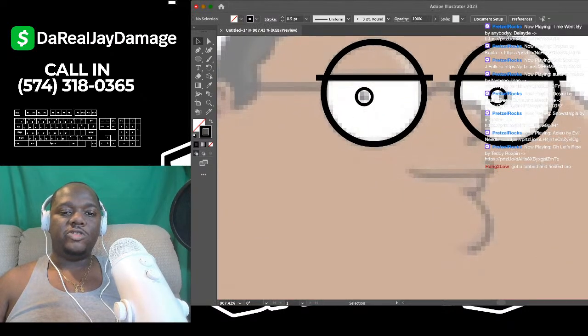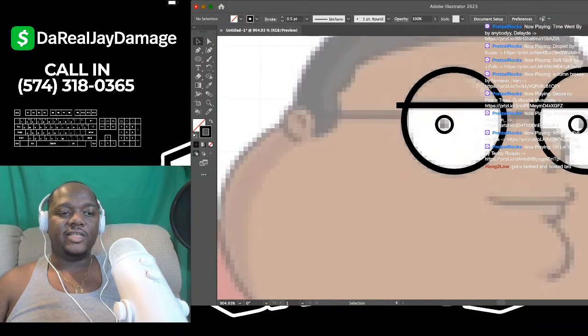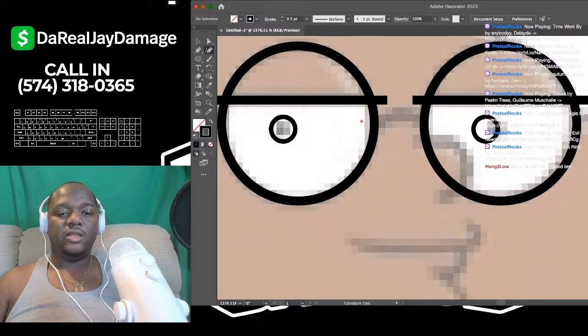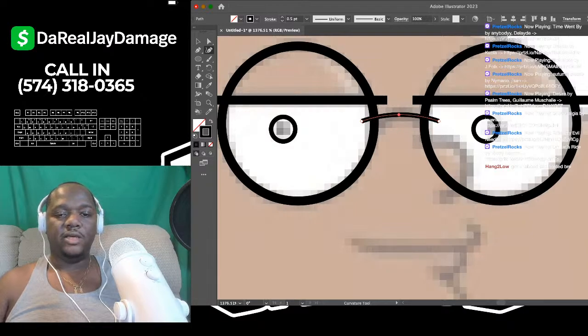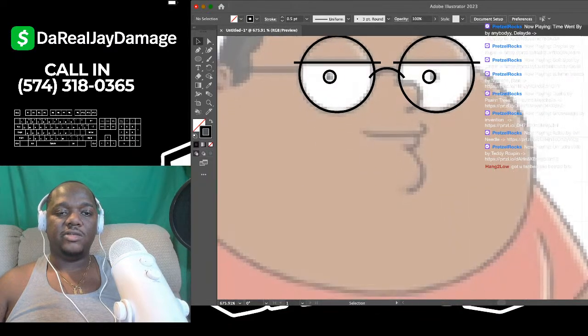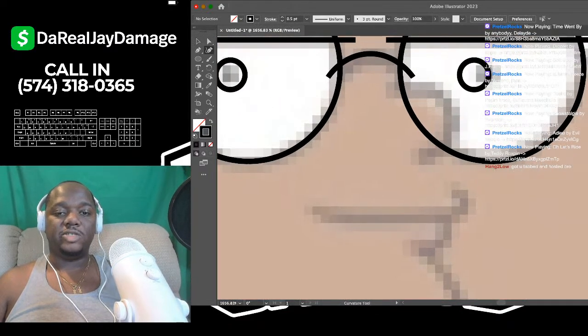So, okay, we have those two eyes. Now let's finish his glasses. His glasses is one bent line, one straight line. So we can start that curvature tool. That's a curved line. So what you want to do is make those two anchor points like that, grab the middle of the line and drag it up like that. Now, obviously, make sure it fits correctly, so adjust it however you want. I'm going to make that a little bit smaller. Actually, I'm going to make all these lines smaller, because Family Guy naturally doesn't have super thick lines on their characters. Well, this is Cleveland Show, but Family Guy's the same.